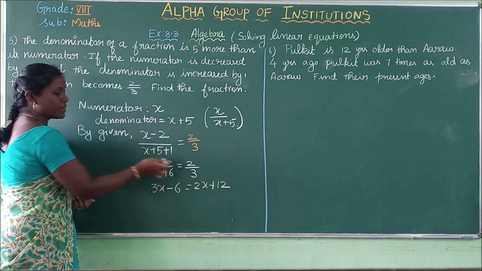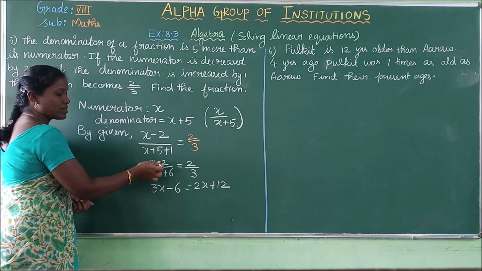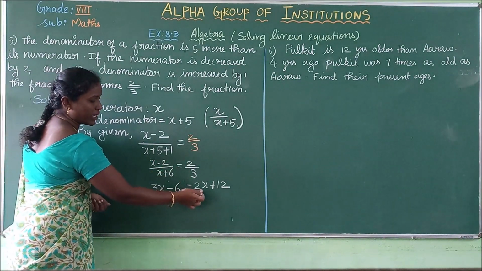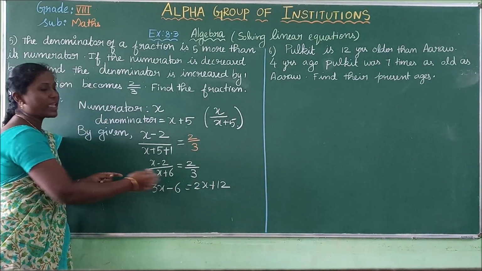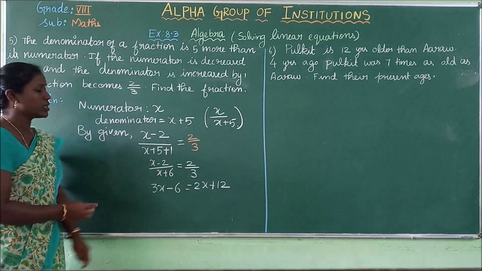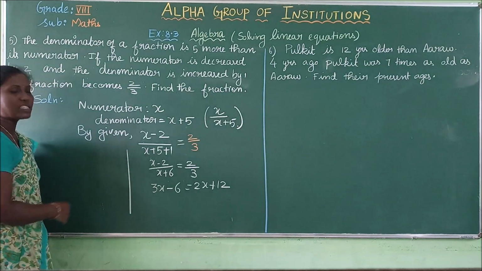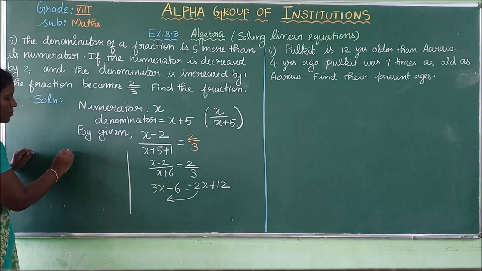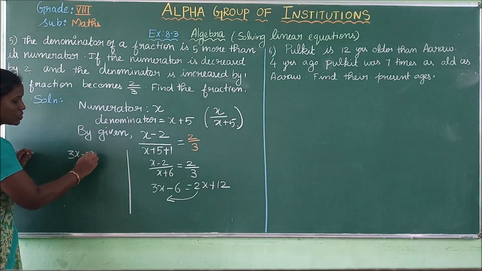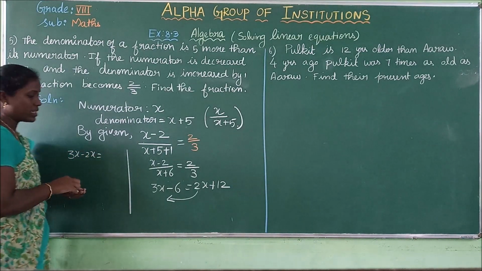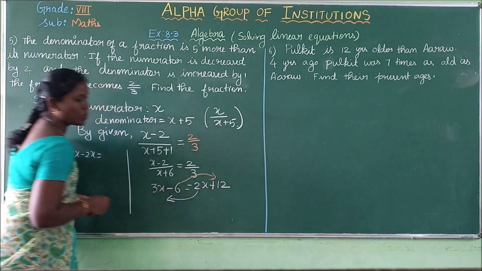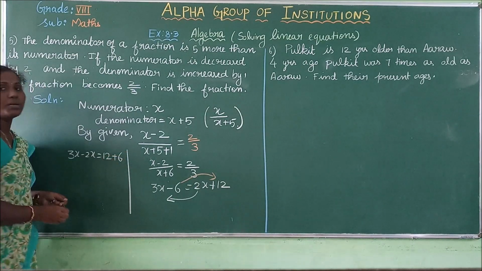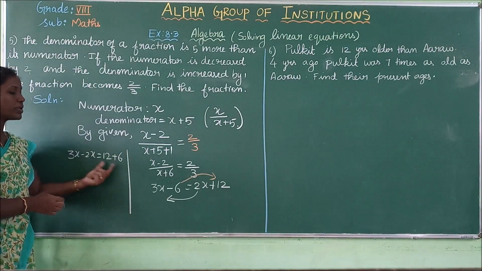See, I am going to multiply 3 here. So 3x, 3 2s are 6. And 2 into x plus 6, that is 2x plus 6 2s are 12. Group x to one side of the equation and numbers to the other side. If I take 2x to the other side, we get 3x minus 2x equal to 12 minus 6. The 6 goes that side and comes under plus. So 3x minus 2x equals 12 plus 6.